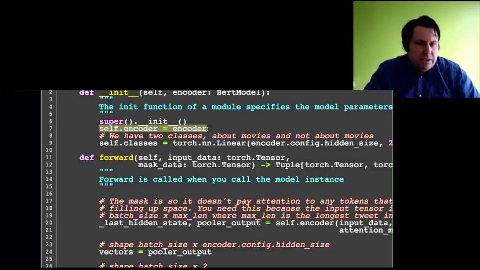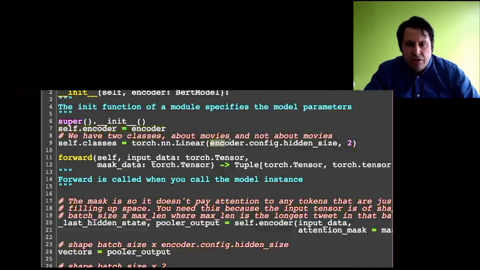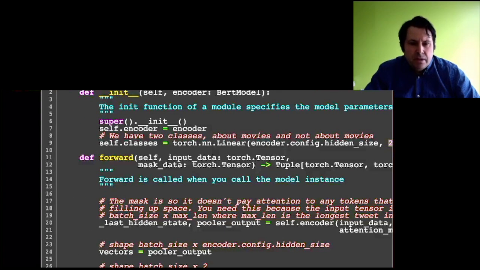But now we want to do something a little additional on top of that, which is to specify what class it is. Is it a movie or not? So we put this linear layer on top of it, and it takes the encoder.config.hidden_size, which is like 768 or something, and converts it into a two-dimensional output, a score of yes or no. So when this classifier is called, this forward function is automatically called, and we pass in our input data and our mask data,